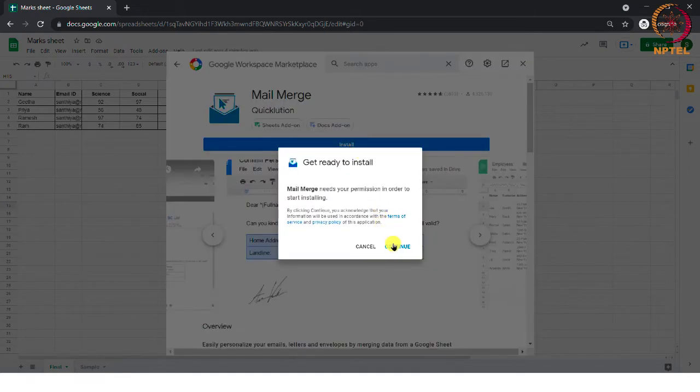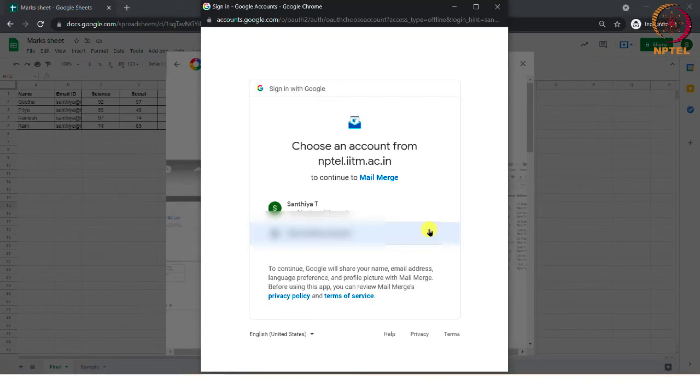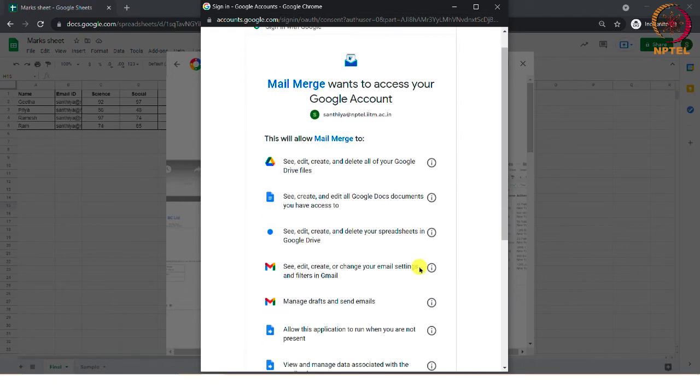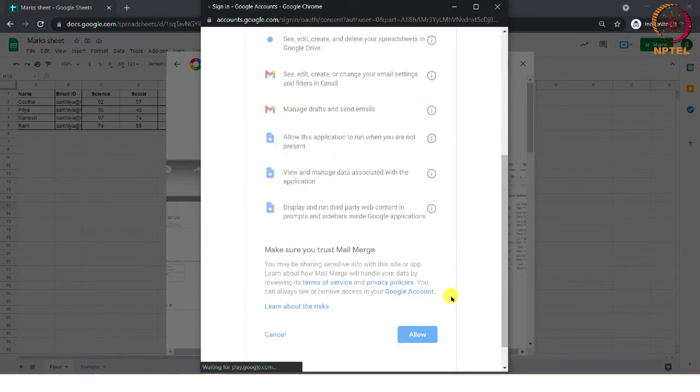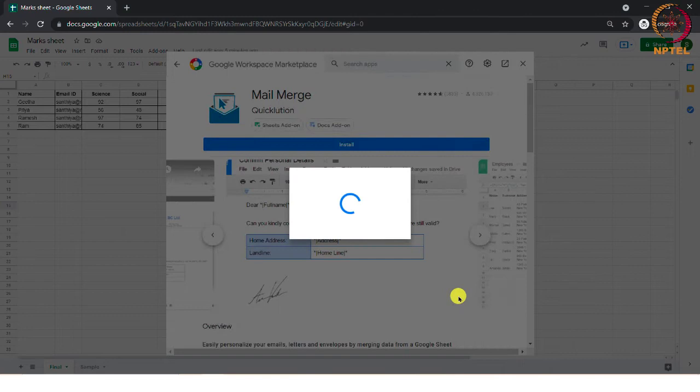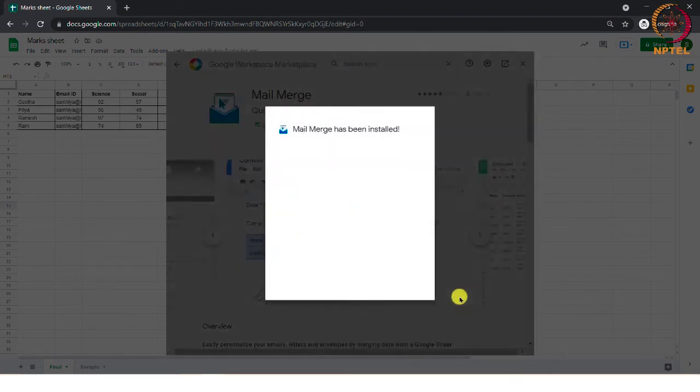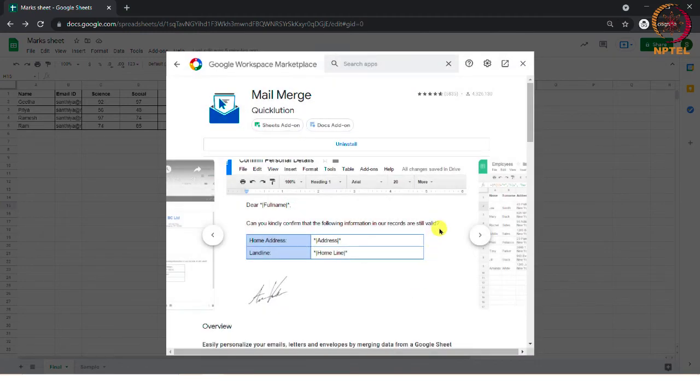Then click on Install option and click Continue option. Now select the account in which you wish to add this add-on and click Allow in the dialog box. Now the add-on is ready to be used. Click on Done.